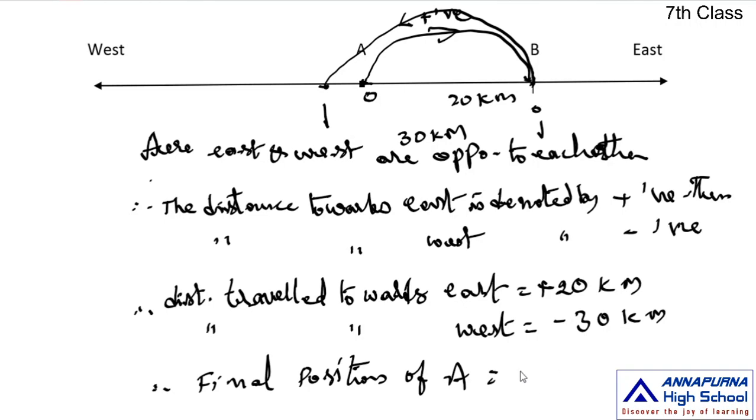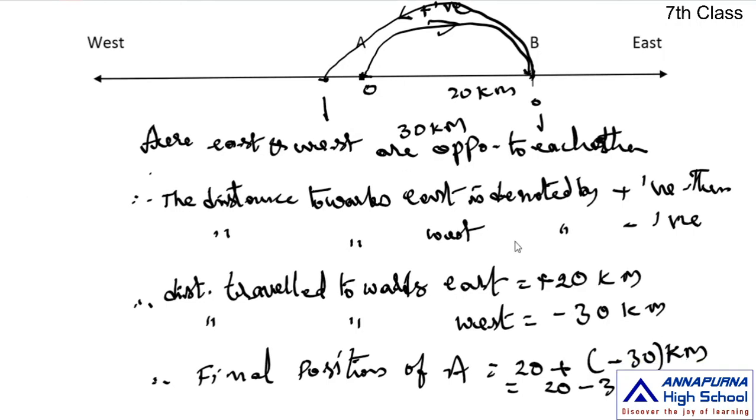That means 20 plus of minus 30 kilometers, which is equal to 20 minus 30. 20 minus 30 is equal to minus 10